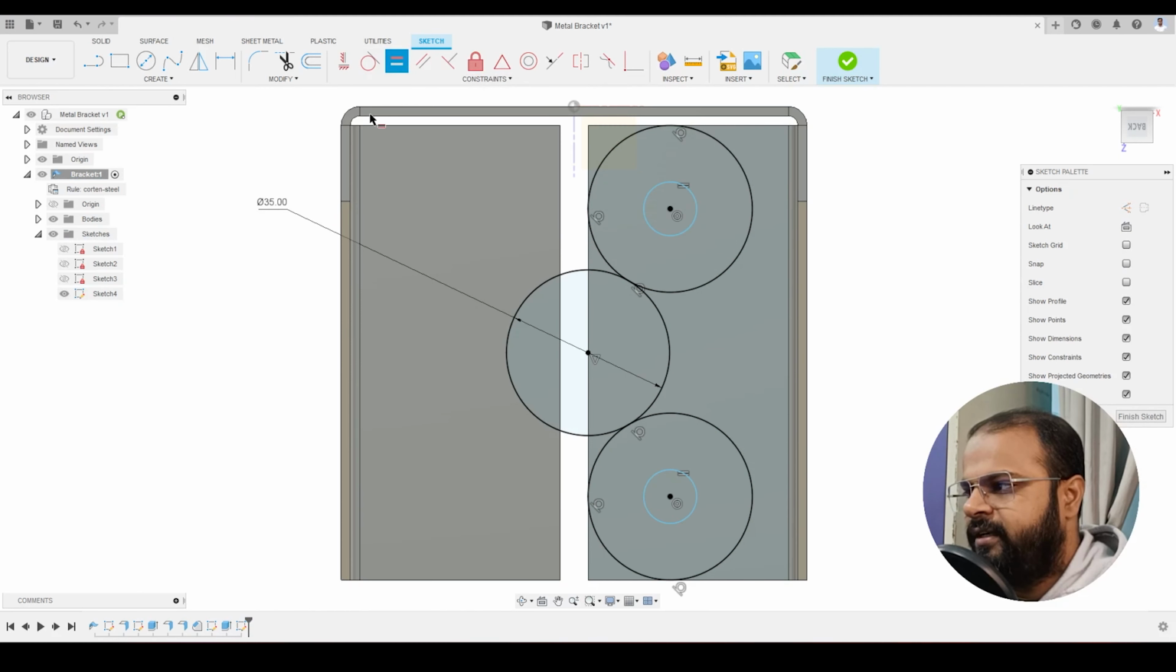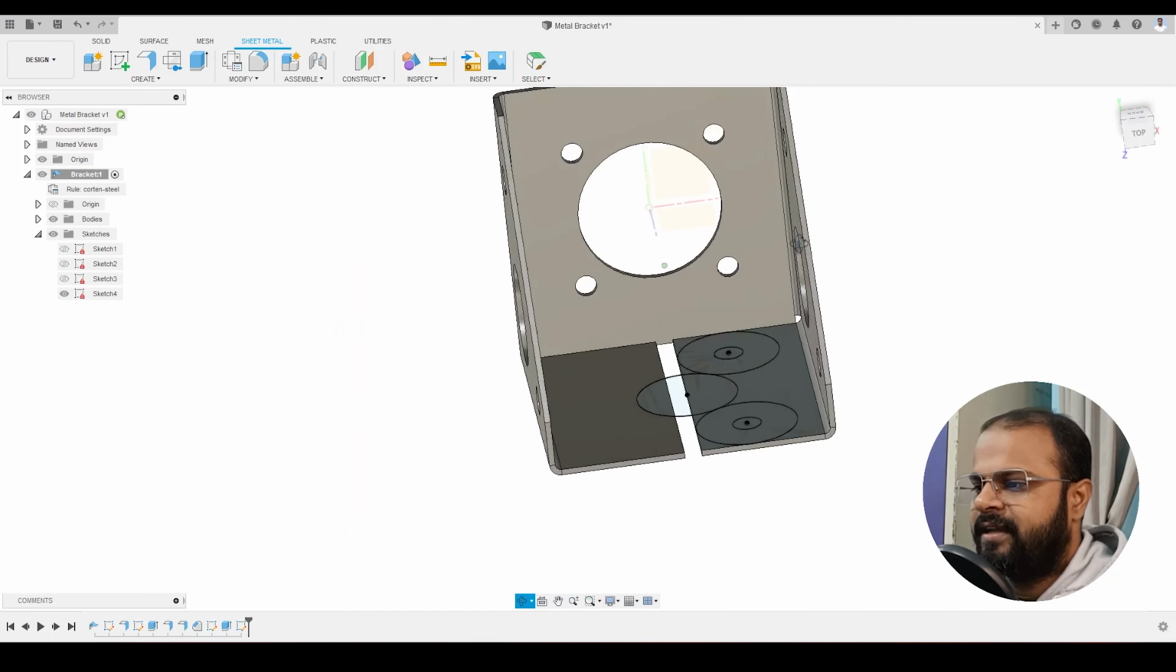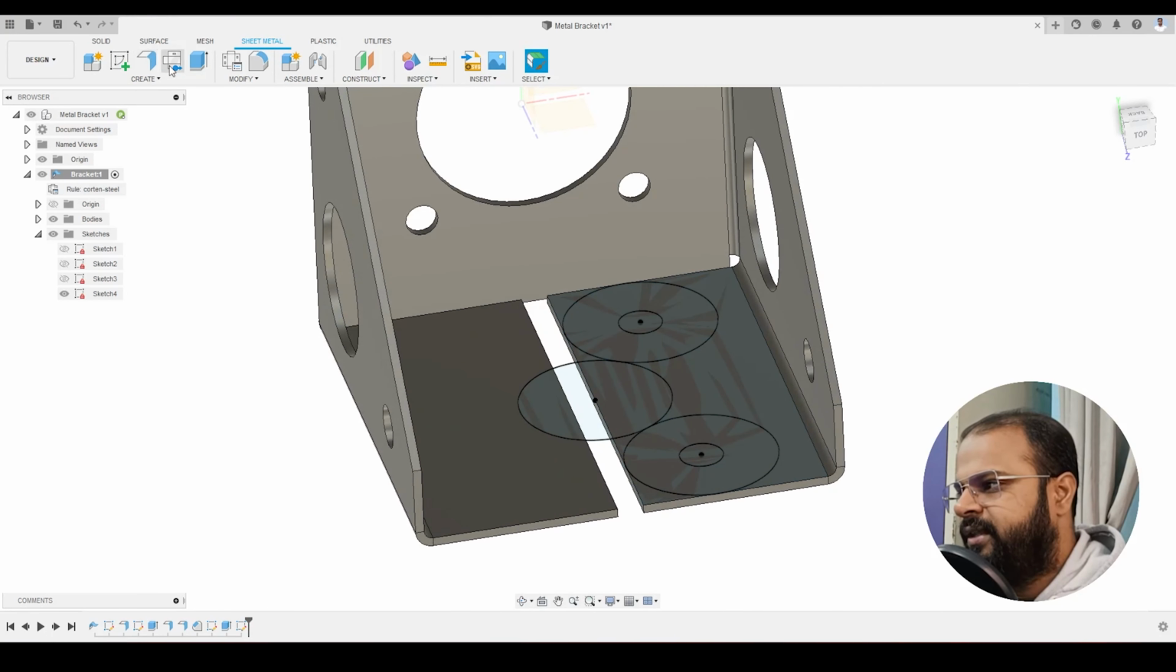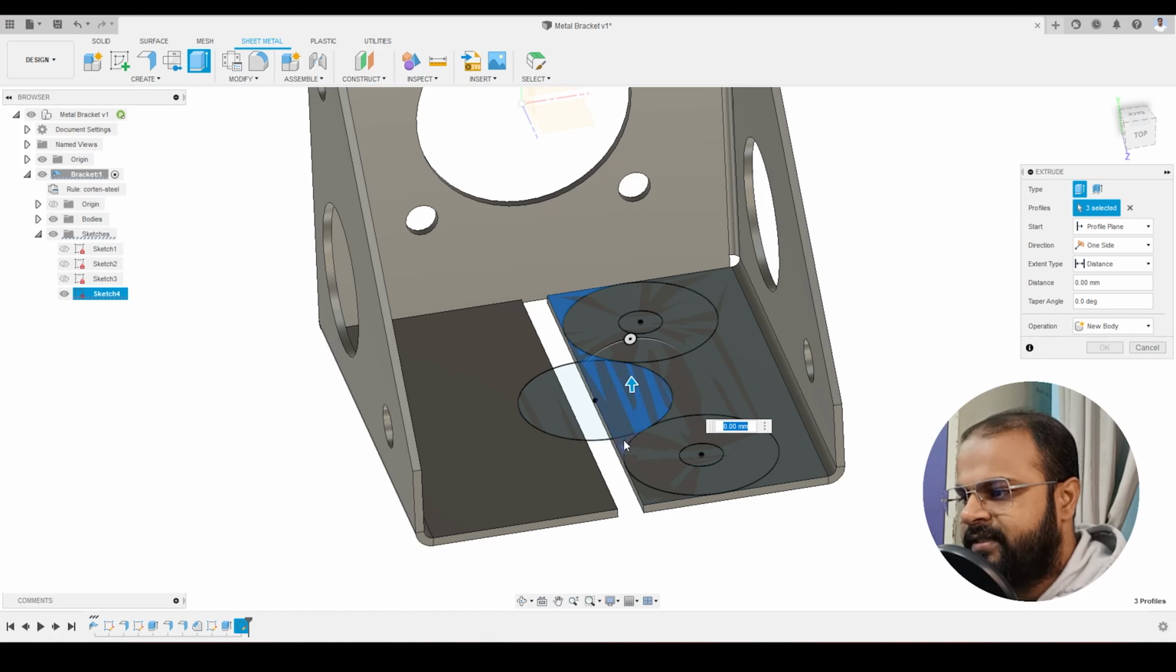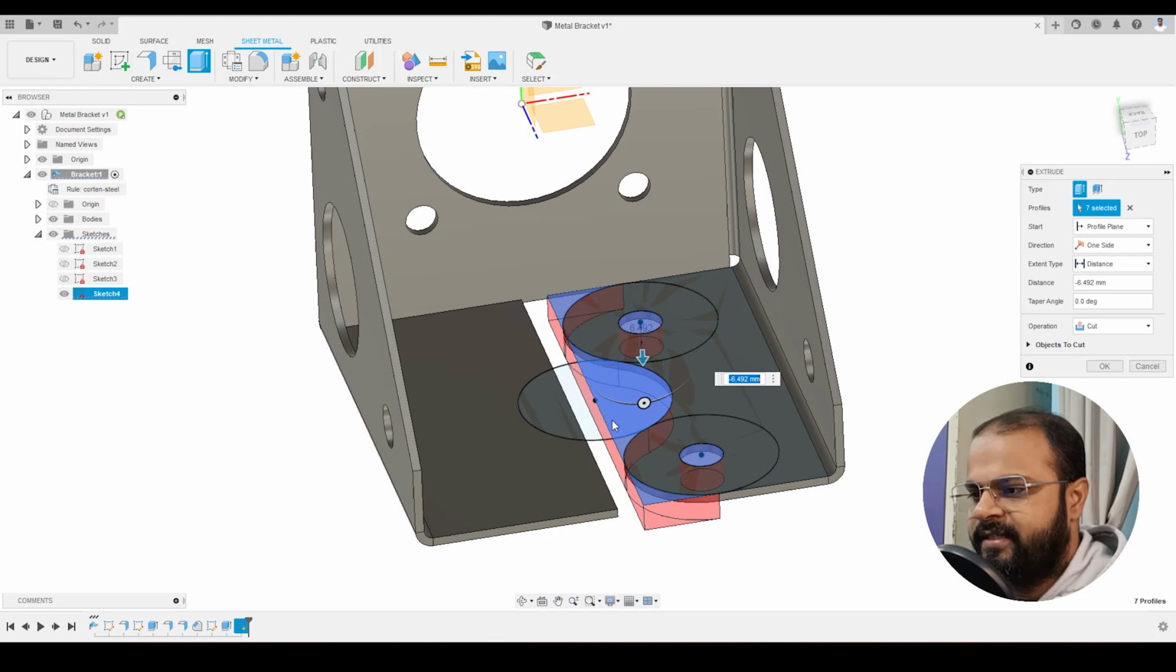So we'll apply the equal constraint, and then we'll define the diameter of this particular circle. So this one I'm going to keep as 10 millimeter in diameter. Then we'll click on finish sketch again. We'll orbit it a little bit, then we'll activate the extrude tool. We'll select the profiles, it's pretty easy, and then I will also select these 2 profiles and we'll drag it downward. So here you can see this is the shape we are getting, and if I press OK to